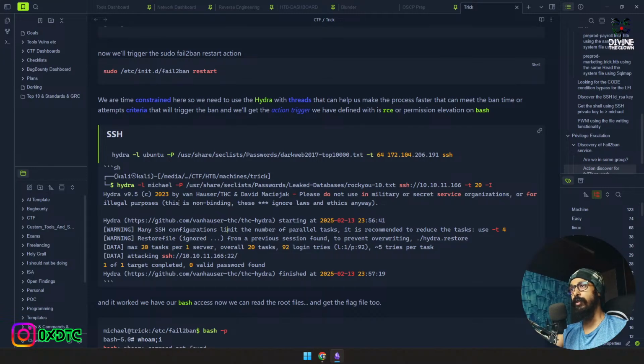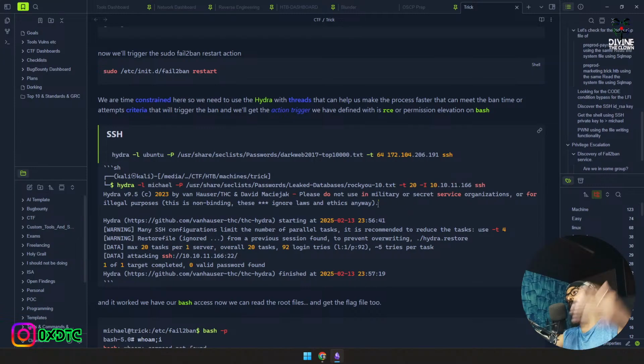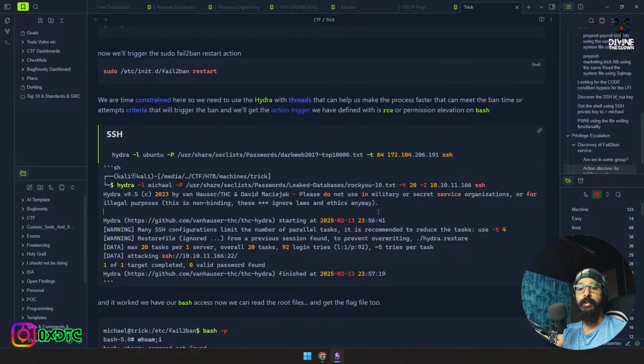Though this time we use a different manner, but we can fix it by doing it like SSH threads and hyphen I can go forward, and there we go. This will work either way. And